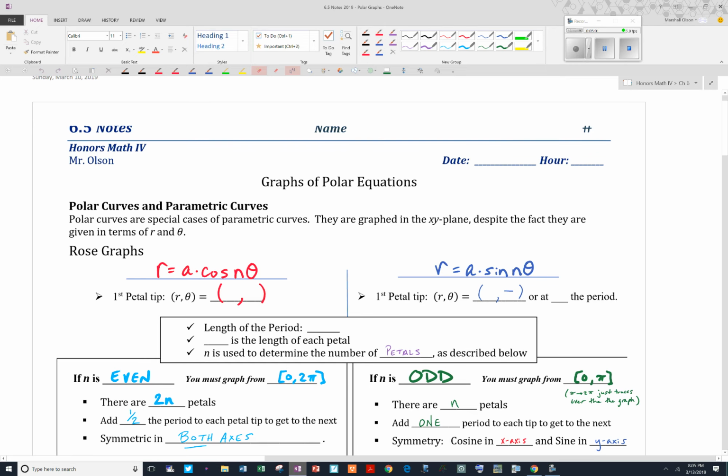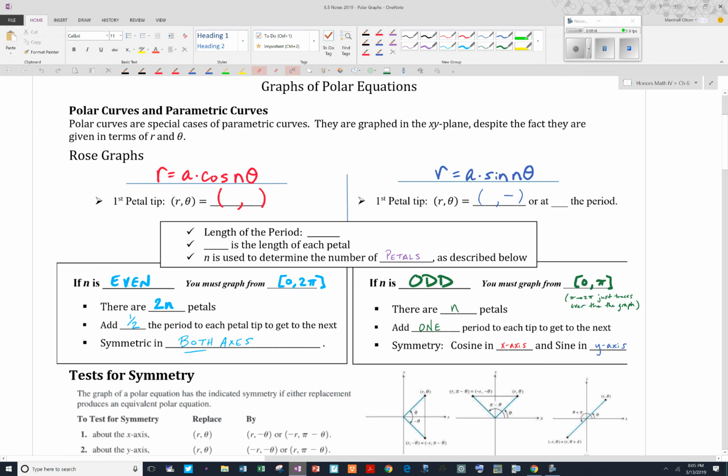All right, so let's take a look at our notes here. Let's talk a little bit more in detail about what's happening. So let's talk about cosine first. Our cosine graph's first petal tip will always be at the coordinate r comma theta. So polar graphing, remember, r comma theta. We're going to be a units for r, and our theta value will be 0 to start with. So we're going to open up at 0 radians and be at a value of a, or at the maximum value